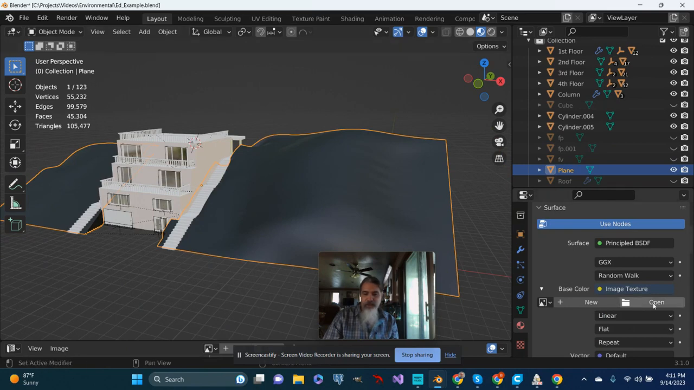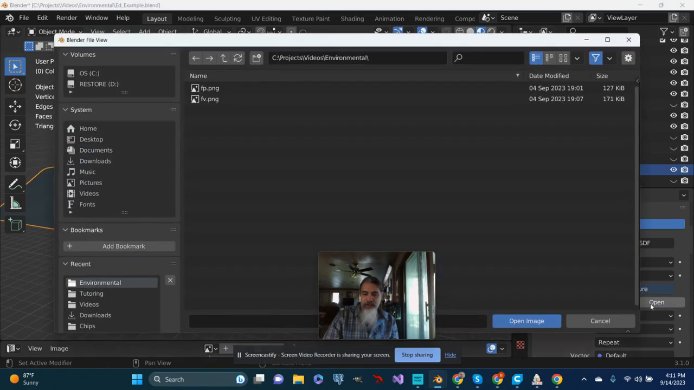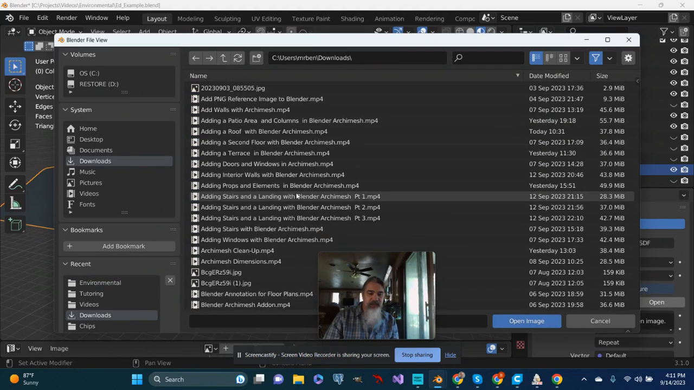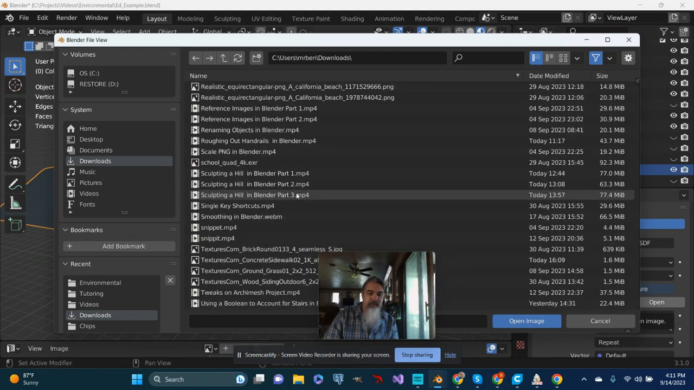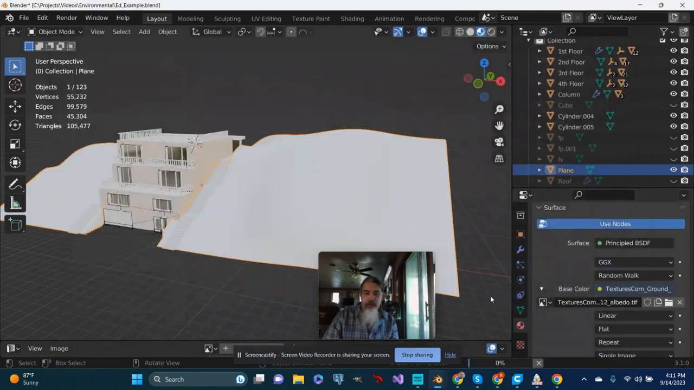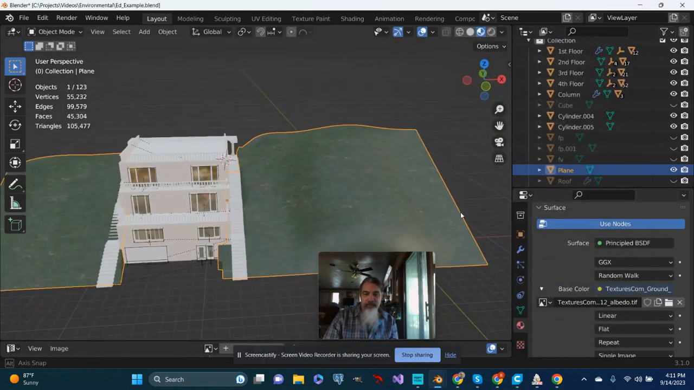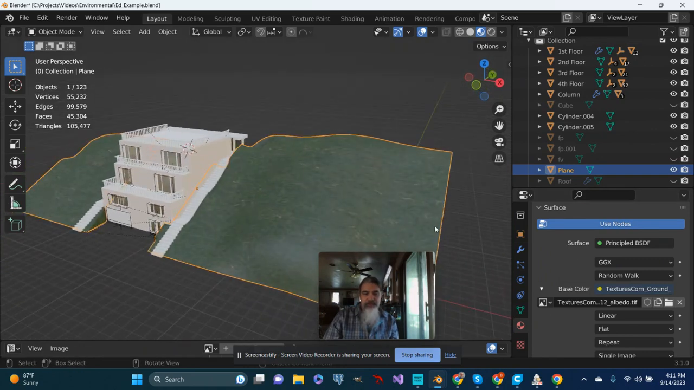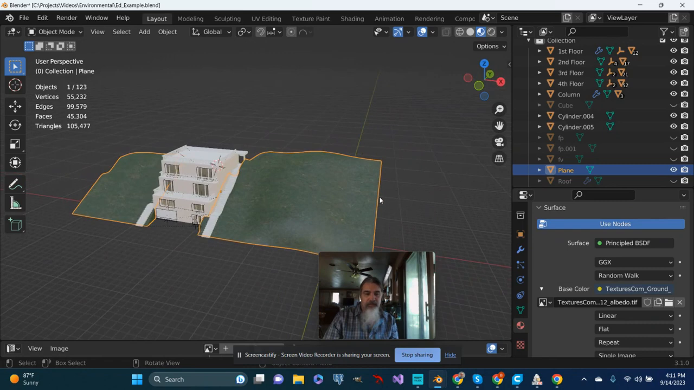And, well, that's not the one I want. I'm going to go ahead and open, and I've got a mess in my downloads file, but let's just see if there's textures, ground. Okay, there we go, grass. So let's go ahead and open that, and well, look at that. There's some scaling issues here, but, well,